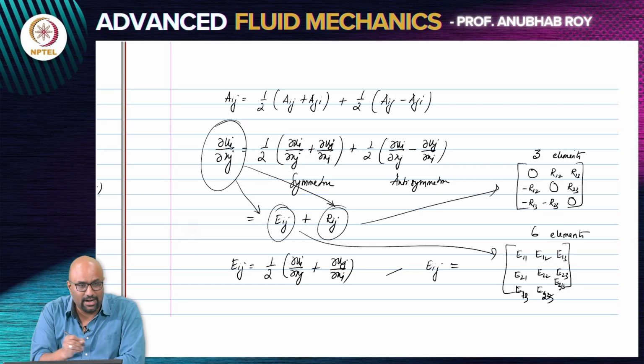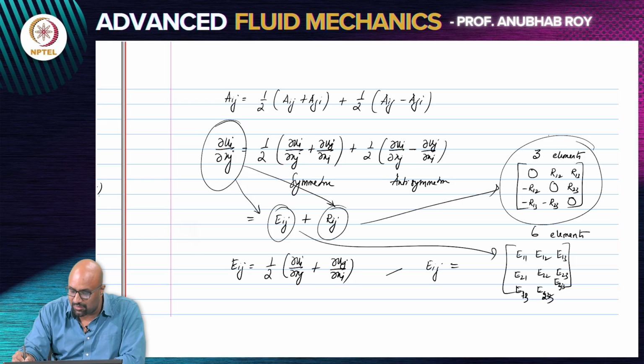So, the velocity gradient, without any further information, has 9 elements, where the symmetric part will have 6 and the antisymmetric part will have 3. And we will see when we move to the antisymmetric part that this representation in terms of 3 starts to tell us that this could probably be written in terms of a vector, because it has only 3.